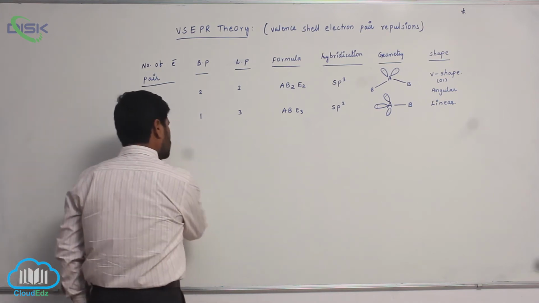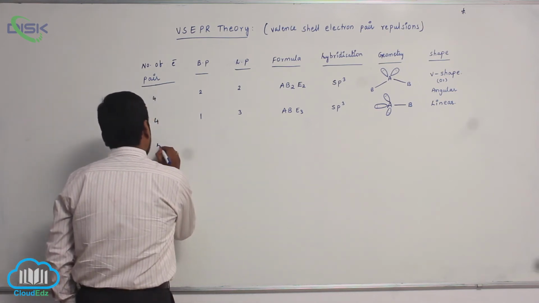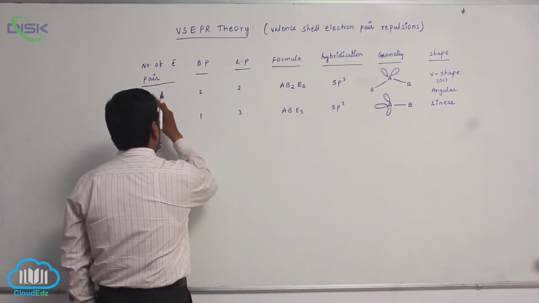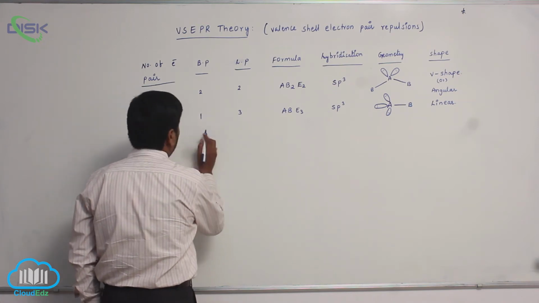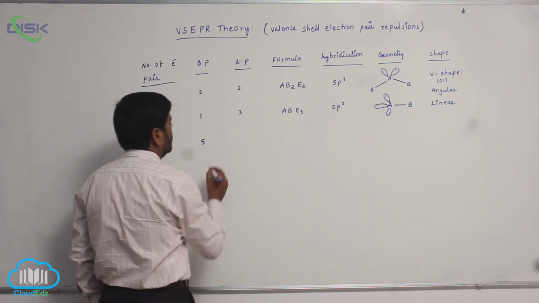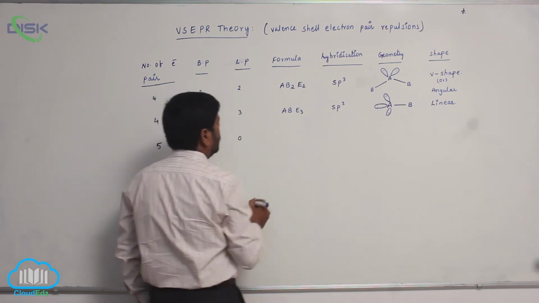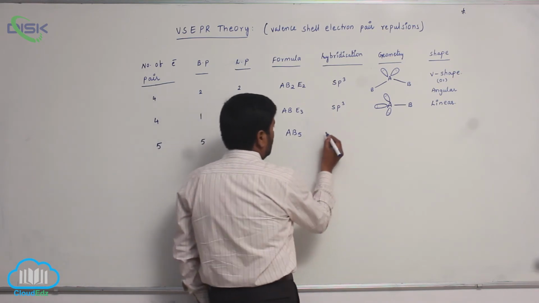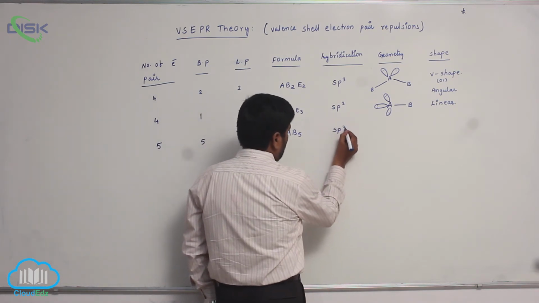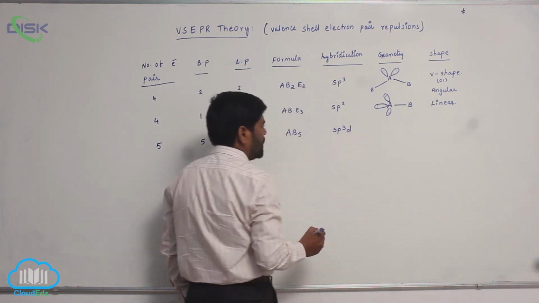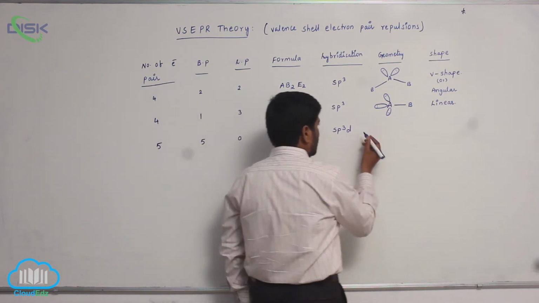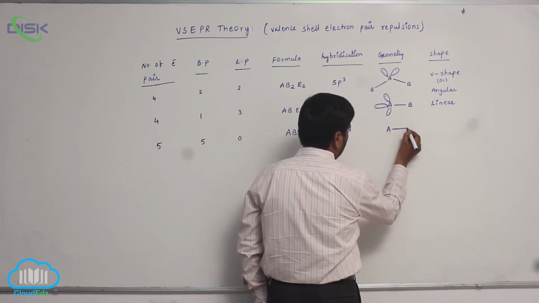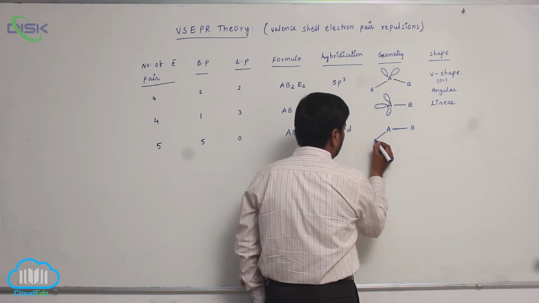Next one, number of electron pairs are 5, number of bond pairs 5, number of lone pairs 0. This is AB5 type. Hybridization is sp3d hybridization. Central atom is A, here is B,